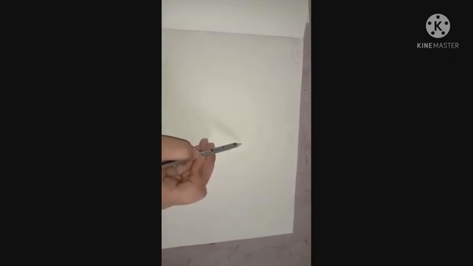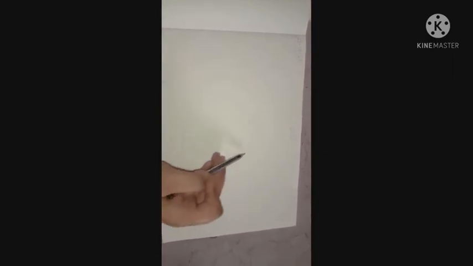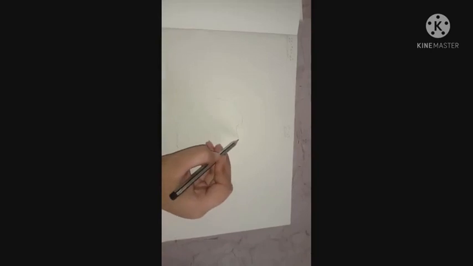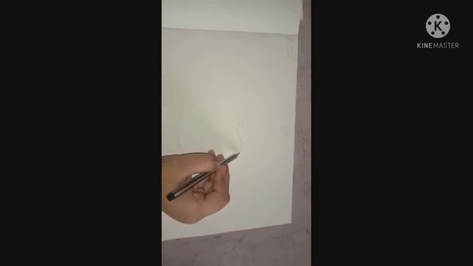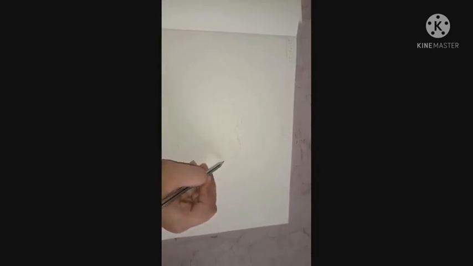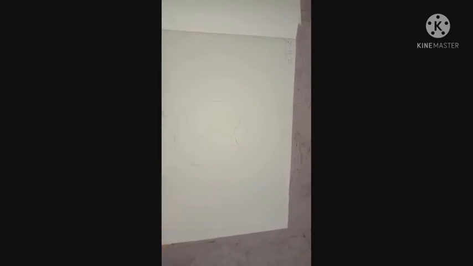First we have to make one curve, then we will make C, then give a little curve to your C, and then we will make an opposite C again. Join all the ends like this.